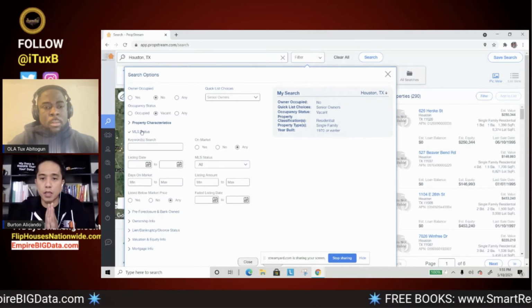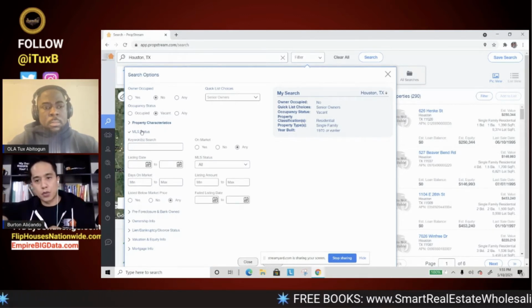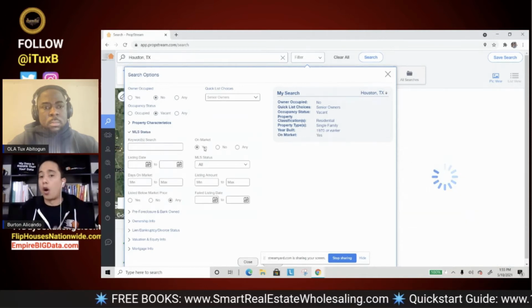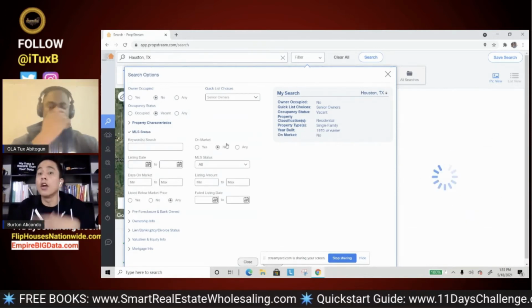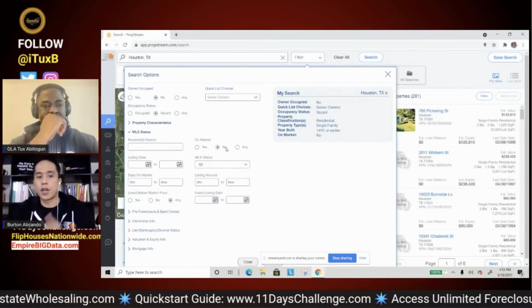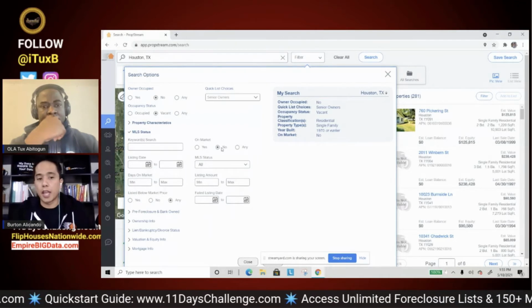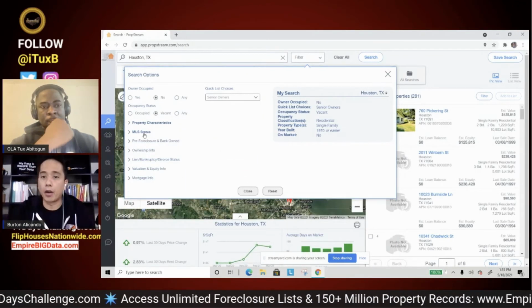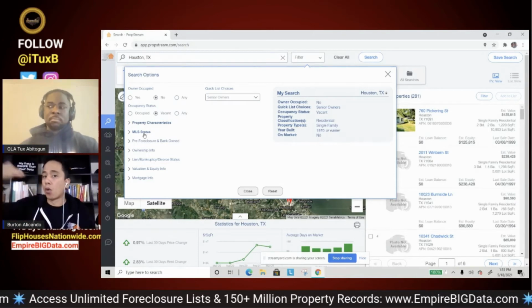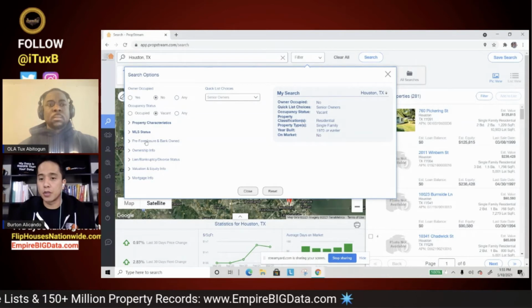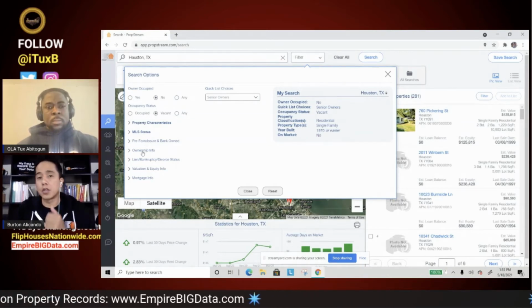So this MLS will let you now look through the results that you have left, the 290 properties, and see if any of them are on market with an agent, or for what we need to do or what you're going to implement, off market property. So now you can make sure they're not listed with an agent by saying on market no, and pretty much calling it a day in that area. Now you can add more layers of motivation, like adding pre-foreclosure records to the search, going into,